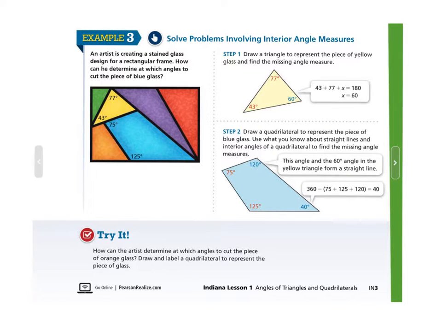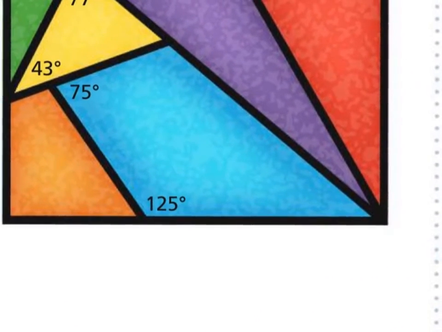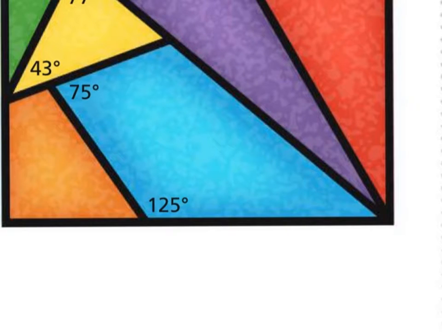So if we look at example 3, an artist is creating a stained glass design for a rectangular frame. How can he determine at which angles to cut the piece of blue glass? So the blue glass, we can see, is a quadrilateral. It's got 4 sides. The question is, how do we figure out the missing angles? We actually have 2 missing angles here, so it's a little bit more of a problem than just finding one